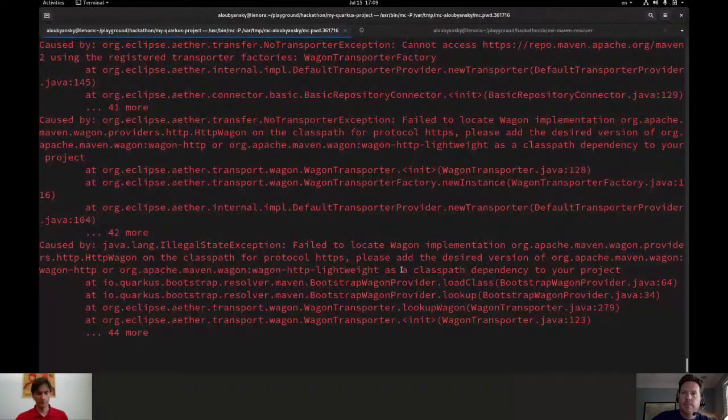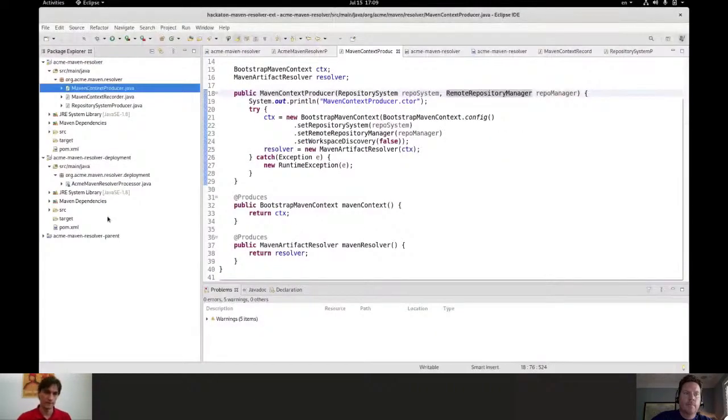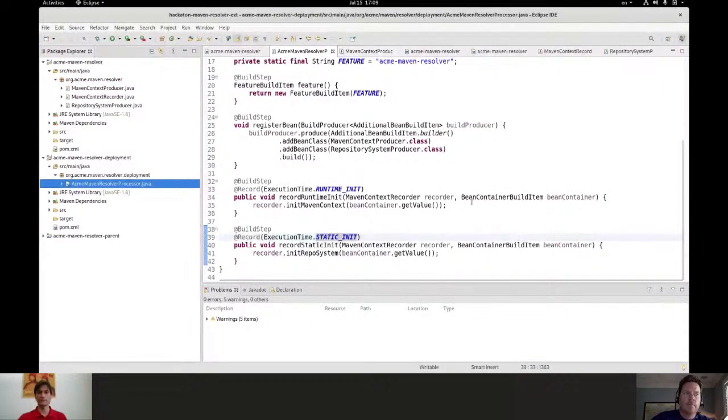So it appeared like it did work, and the reason it appeared that it worked is because this artifact was in the local repository, and this wagon implementation wasn't really necessary to resolve it. So to add full support for this, to be able to resolve remote artifacts, this